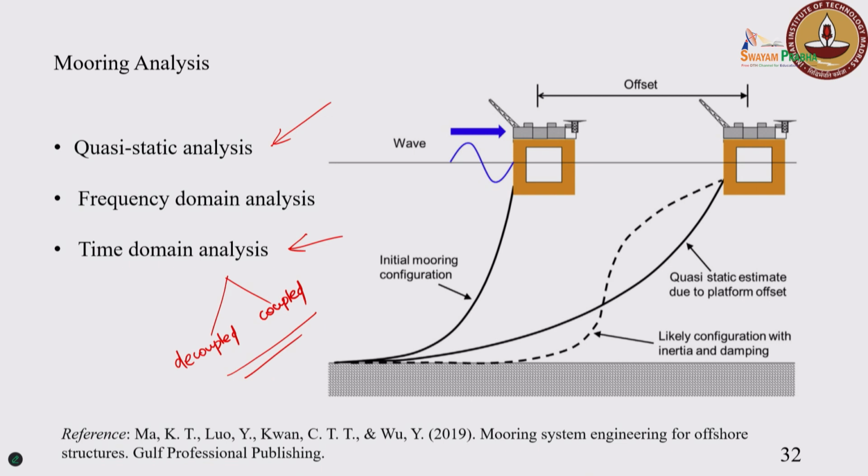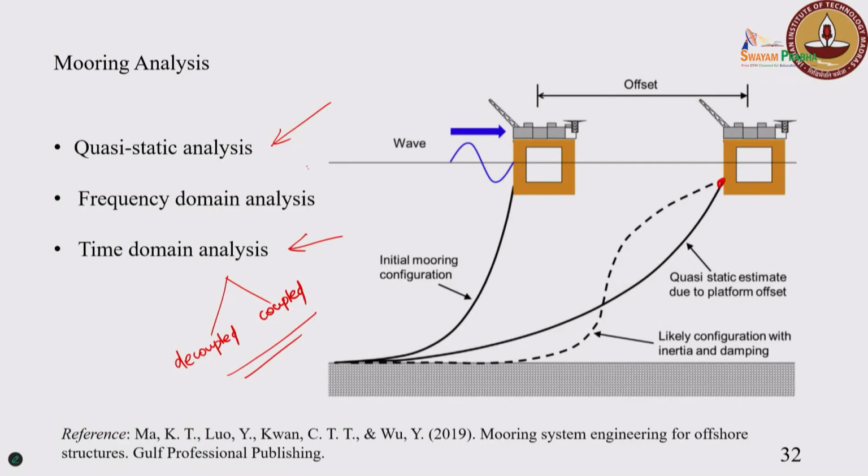that is the very first step. When you have a floating structure, you put your moorings in place. Quasi-static, the word itself clearly says that it is not disturbed much. Your floating structure moves very slowly, such that the line dynamics are not affected, right? Basically this point moves along with your floating body, correct or not? If your floating structure is going to move, that is also going to move along with it, so it will create some kind of whipping action. In reality it will create a whipping action, but if your floating structure is not responding to the environment and is going to move slowly, then a quasi-static analysis can be done. So that will be the very first step, and then you can go on to do the time